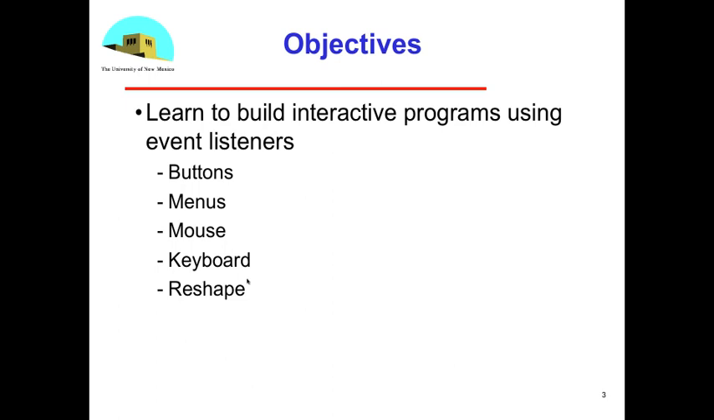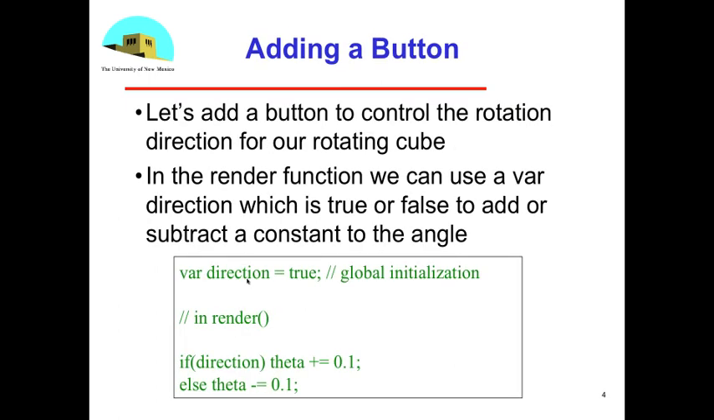But what we'll do is use the example of the rotating square again, and we'll start adding devices and interaction to that example, and I'll show you that as we go along. All of these examples are in the code for Chapter 3 on the website. Okay, let's start by adding a button